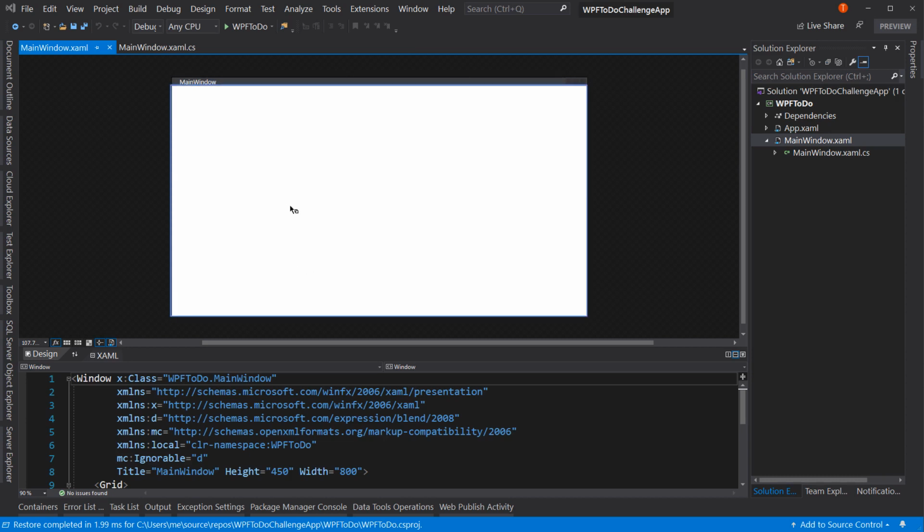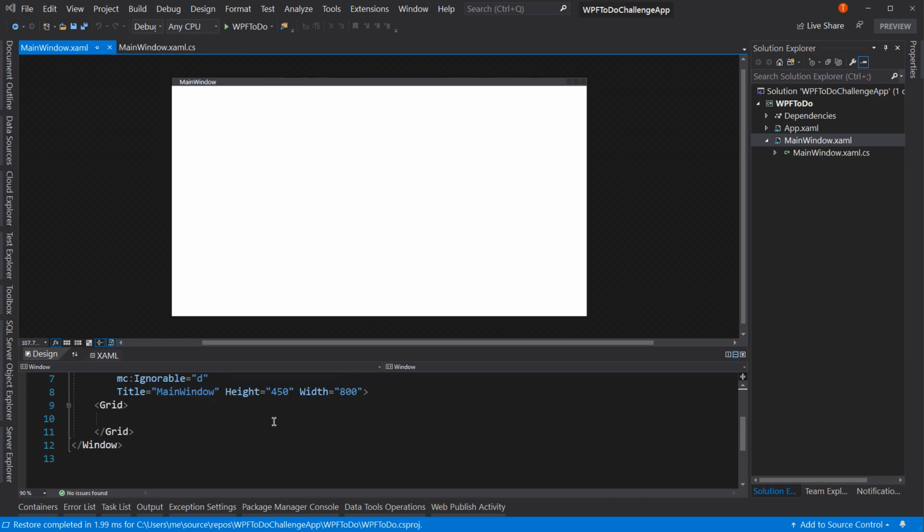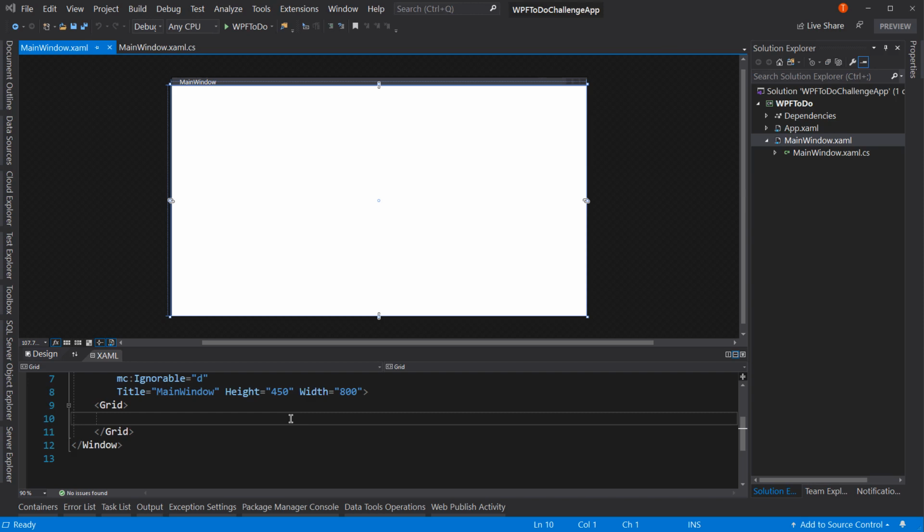Now we have a choice here of how we want to do things. We could use an MVVM framework. I'm going to choose not to, to keep this simple, because the point is not so much how to do MVVM as how to do this to-do list in a WPF application. So let's not have a tool do part of our heavy lifting for us. Let's do it all ourselves. Now I'm going to try and keep things as simple as possible in here. So I'm going to create a